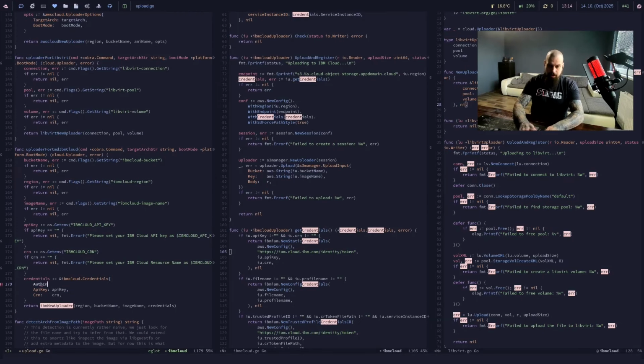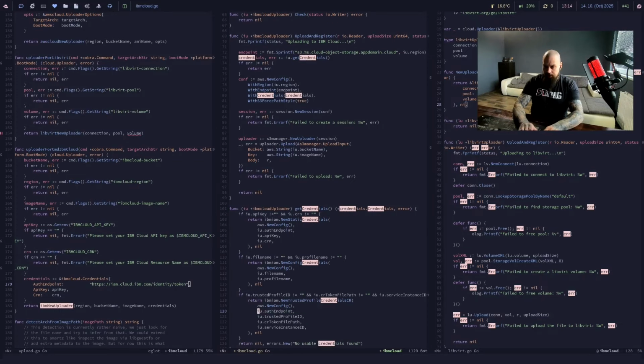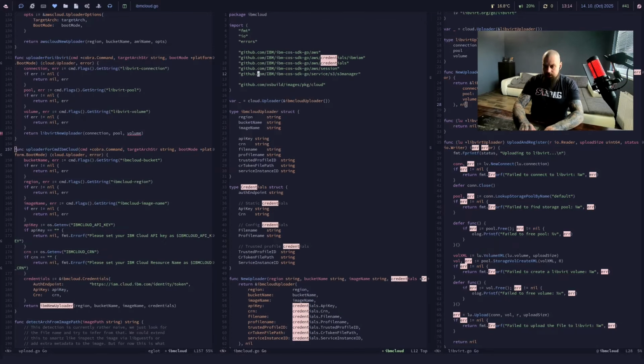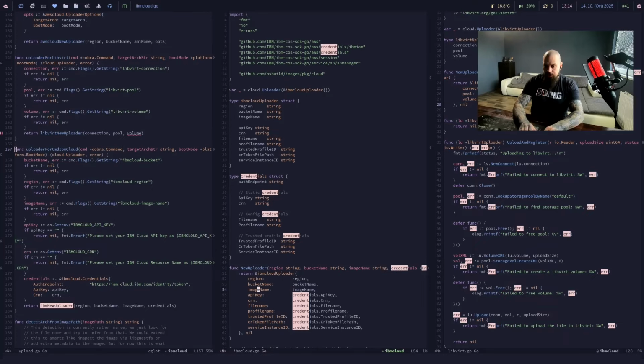Auth endpoint equals this, comma, so that we can use the auth endpoint, and same here, but we also need to pass the value, so it's